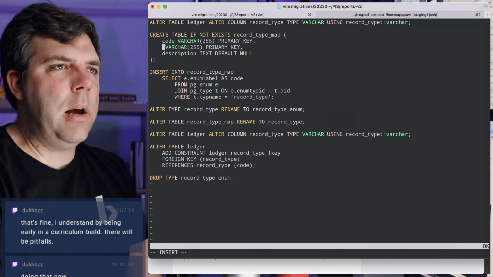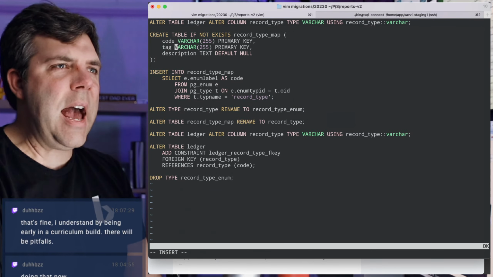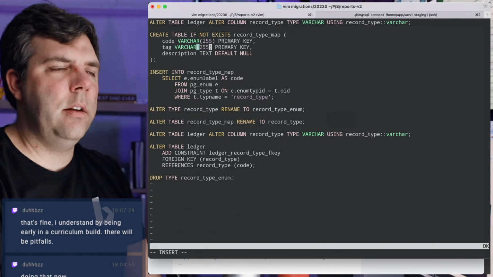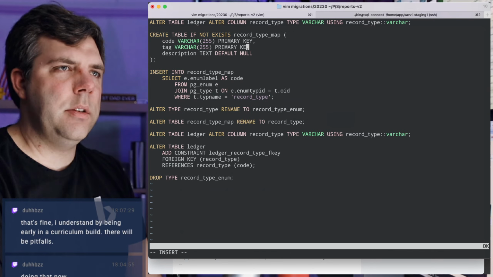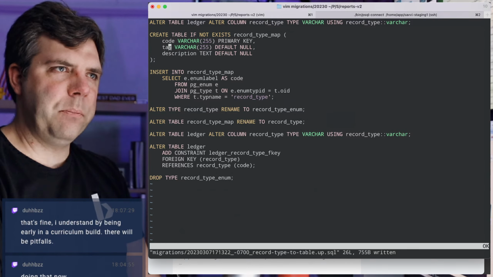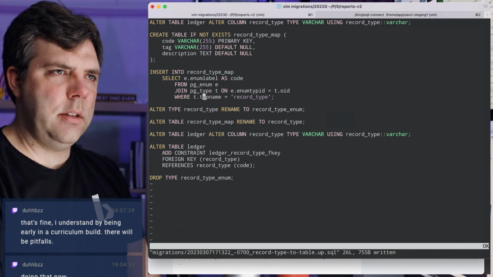So now that I've thought about that for a little bit, let me get back to this. So I'm going to call this a tag, and I don't know if this tag system is going to work out well or not, but we're going to go ahead and just put this in here, and this can be default null. And when I insert this into here,